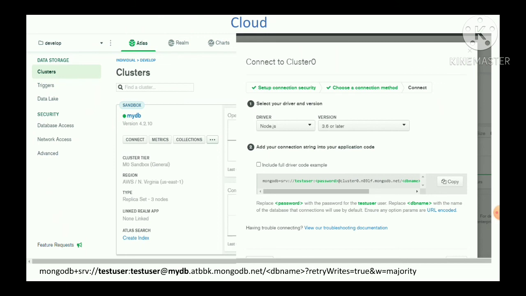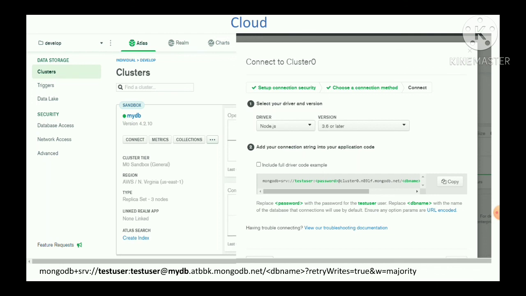I created various databases. If you see at the bottom of the screen, I gave the test user, the password is also test user, and mydb, which is the database name I created. I think you remember that the first time, cluster0 is the default value provided by MongoDB, and you need to replace it with your appropriate database name.